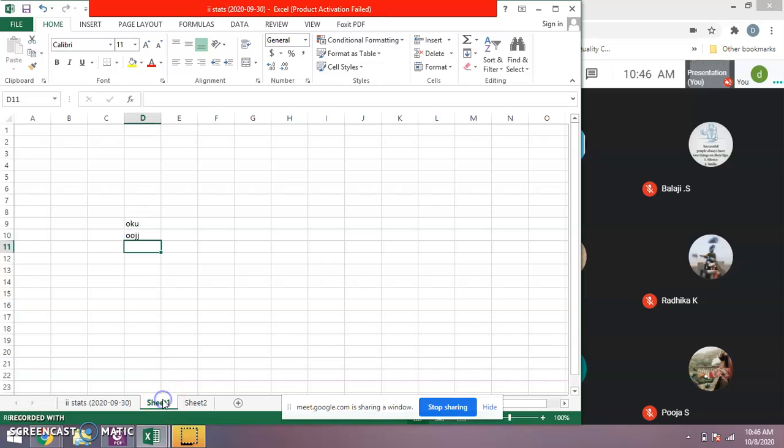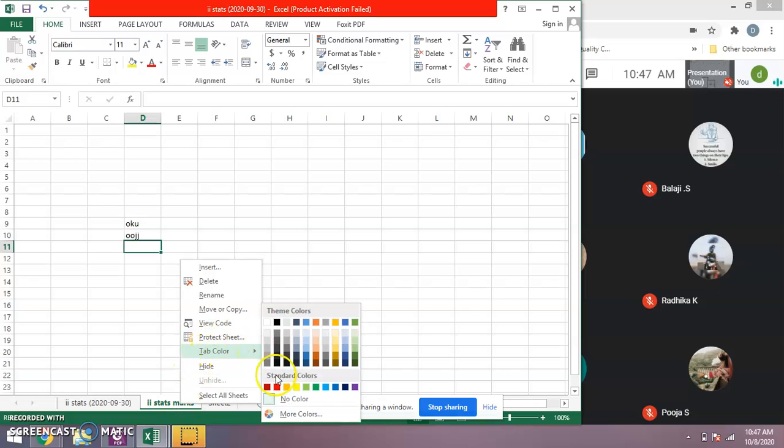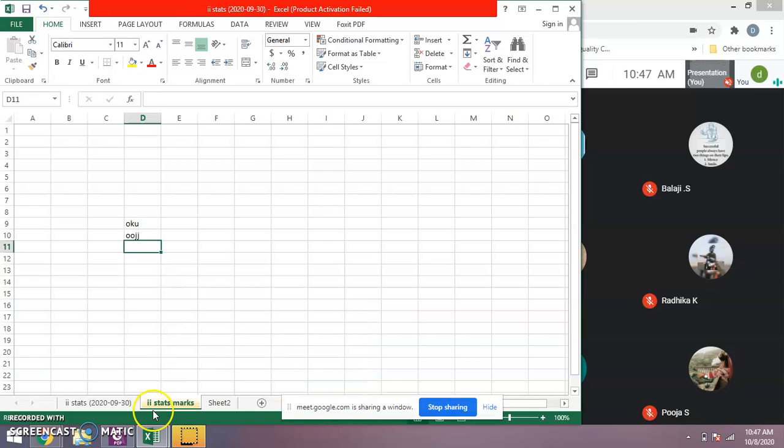And we'll see how to color or rename. When you click over this sheet name, it automatically gets highlighted. That means it is prompting you to change the name. So I am changing the name to second stats. So this is marks. Like this you can rename the sheet. Okay. On right clicking, there are some more options. Tab color. You can also highlight the tab so that it is visible whenever you open the workbook,